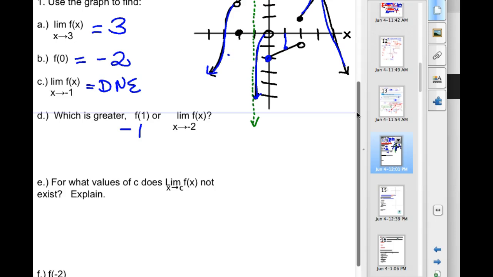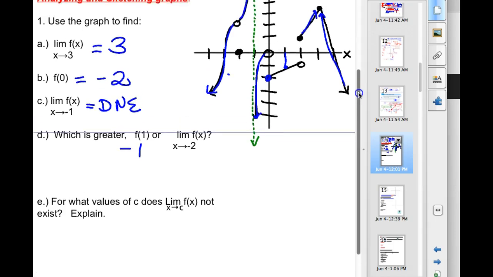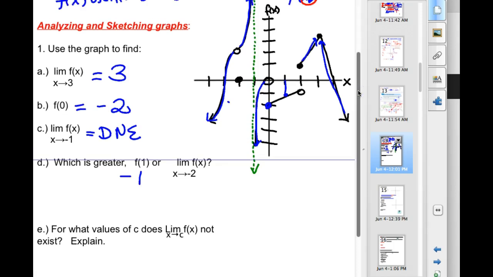What's the limit as I approach -2? And again, the limit is where am I? I'm approaching from both directions. So I'm approaching -2 from the left, boom, from the right, boom. So the limit as I approach -2 is the y value there, which is 2. f of -2 is 0, so be careful with that. So it says which is greater? That one. For what values of c, that means when x is c, like 4 or 5 or 6, does